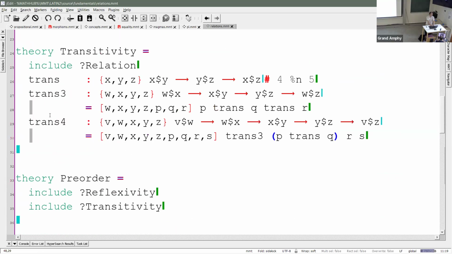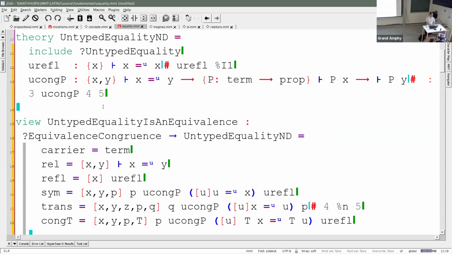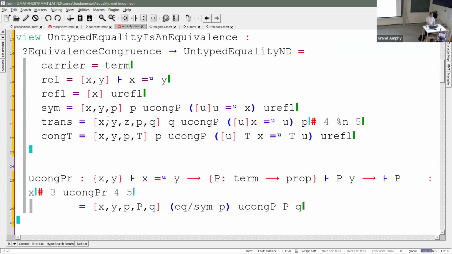So for example, here I've proved transitivity for 3 elements, very basic lemma about transitive relations. And that can now be carried over if I want to use transitivity of 3 elements for